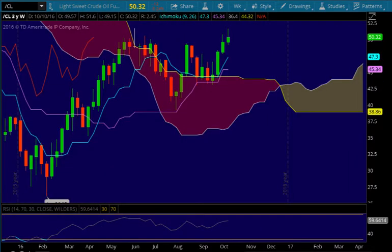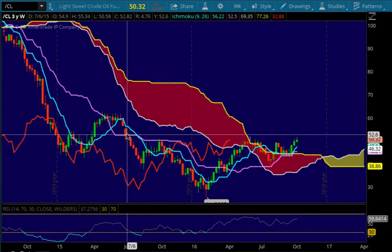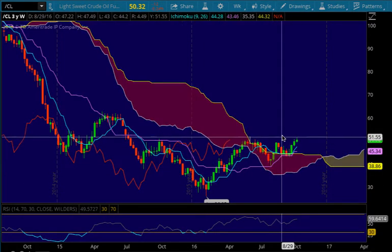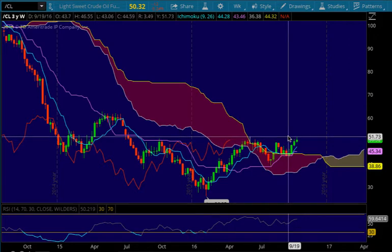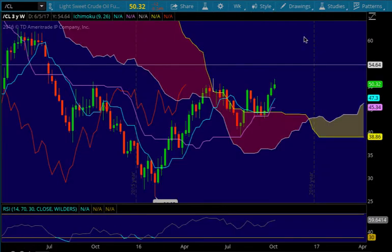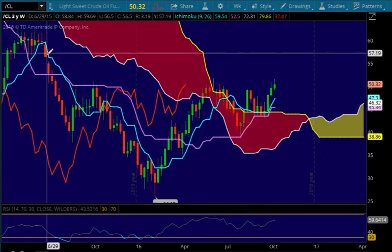But overall, crude is still bullish, and I've been talking about this for a while. There's obviously an inverse head and shoulders type bottoming pattern forming here. So if we do get going above what I would consider the neckline to be, basically where we've been finding resistance around this 51.75 area, and I've been saying this week after week, if we get going above that, I would not be surprised to see us fill this